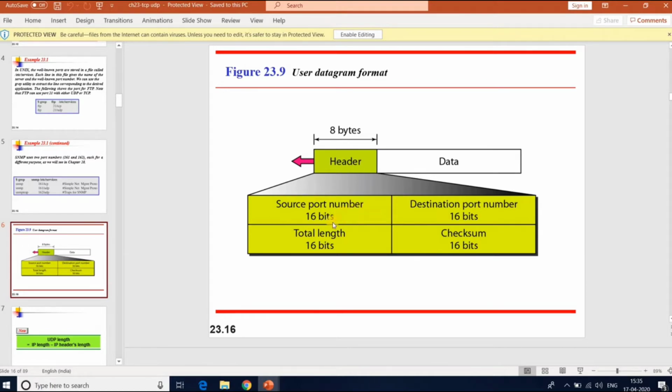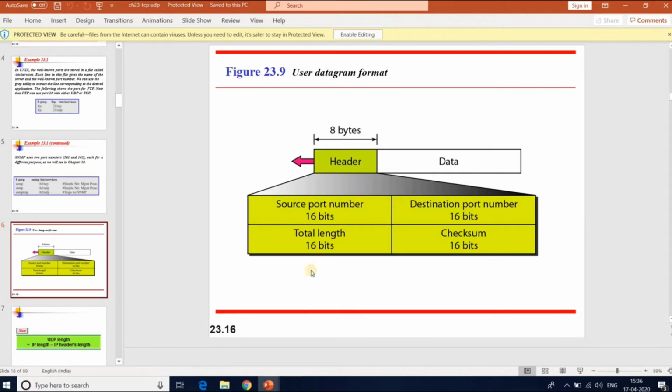It is 16 bits long, and the port number can range from 0 to 65,535. If the source host is a client, the port number is an ephemeral port number requested by the process and chosen by the UDP software running on the source host. If the source host is a server, the port number is a well-known port number.